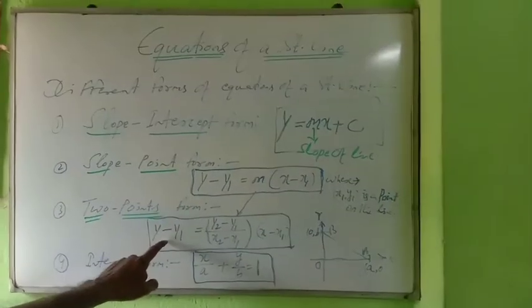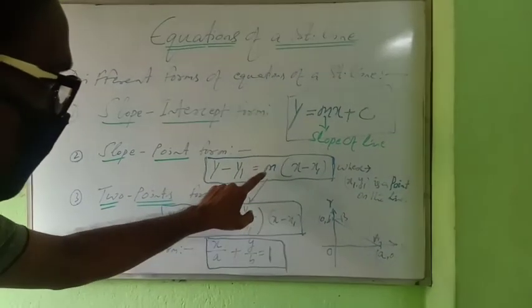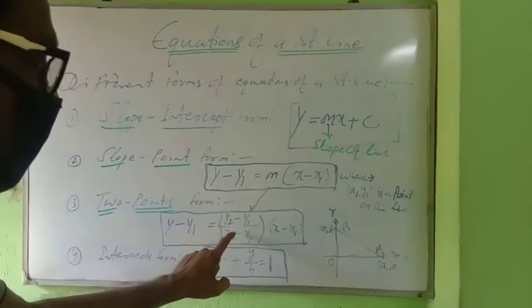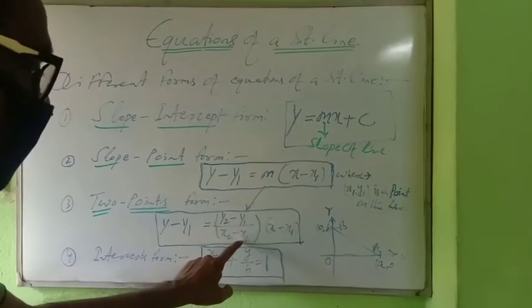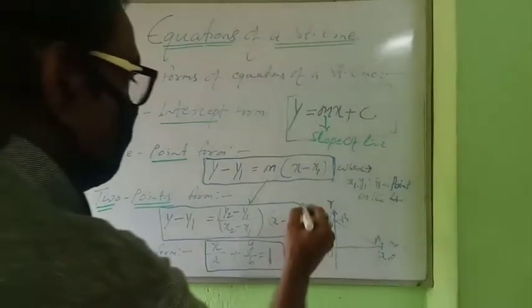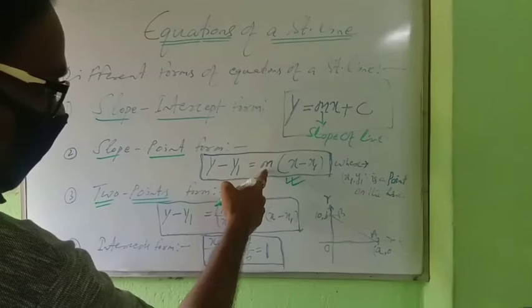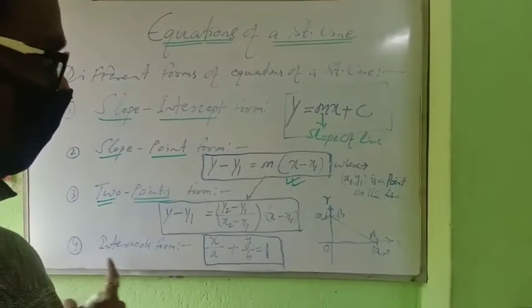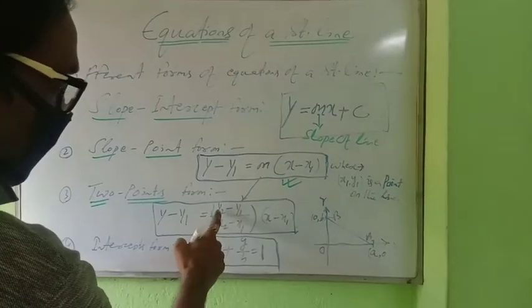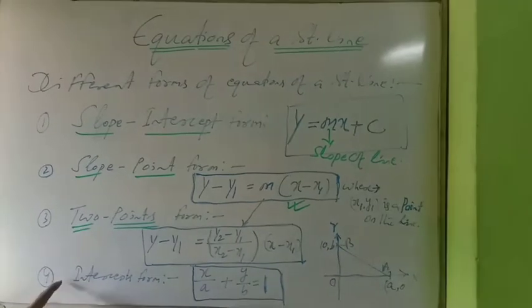In that case, the equation of the line will be y minus y1 is equal to, just instead of m, we have to write the formula of slope. That is (y2 minus y1) by (x2 minus x1) whole into (x minus x1). These two are equivalent. Just the difference is here m is given, slope given, but here slope is not given. 2 point means you have to find out the slope of the line using the formula (y2 minus y1) by (x2 minus x1).